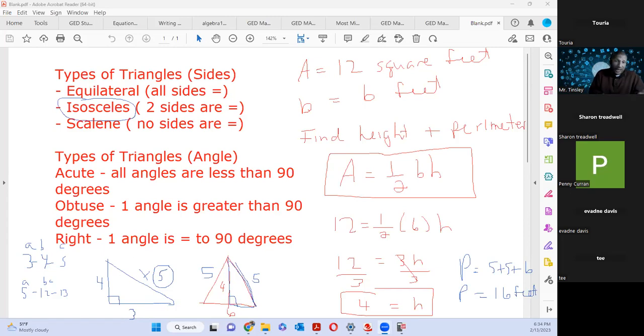They usually give you one or the other. They might say, what is the height? Or they might say, what's the missing side? They usually don't ask for perimeter and the height. But if you know how to do this problem, you could be prepared for anything they're going to give. So the perimeter will be 16 and the height will be 4. Again, this is on their list of the most missed questions on the GED exam. Okay, Miss Tinsley, where did you get 5?